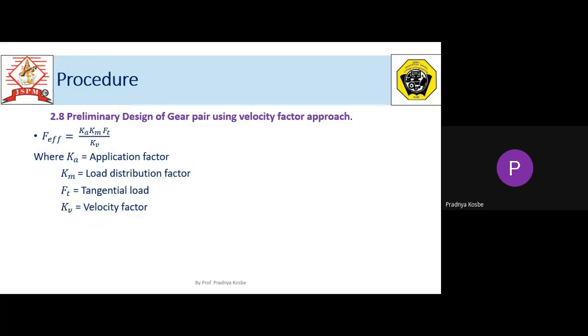That we'll see. Now, while deciding first K, the service factor or application factor is